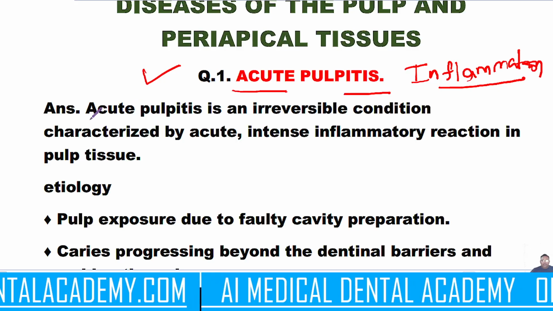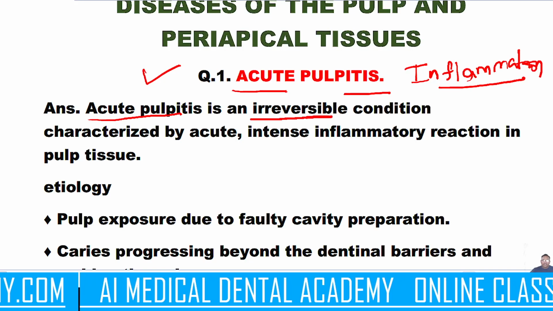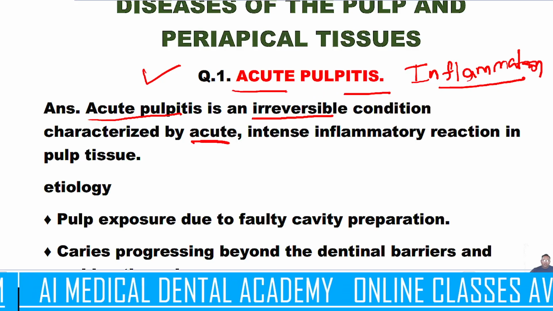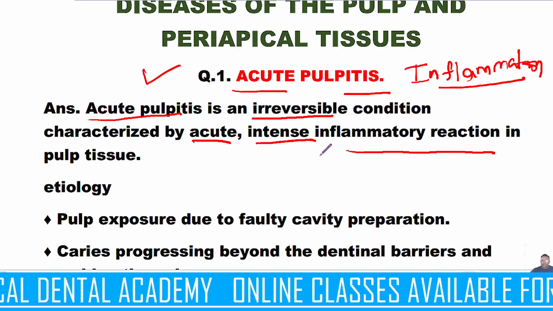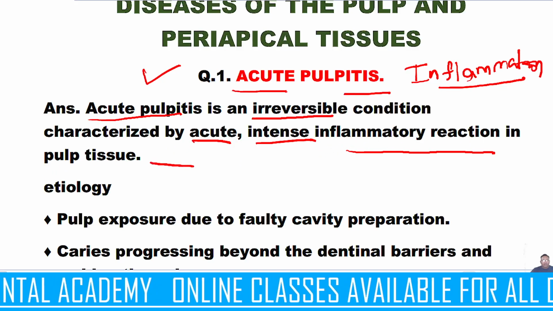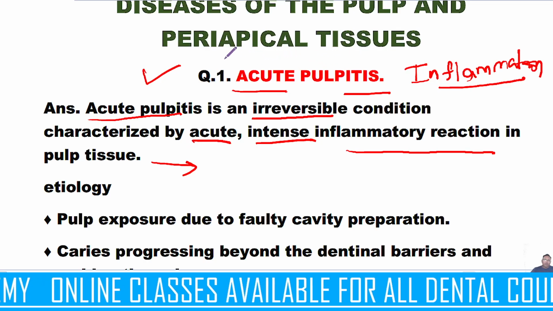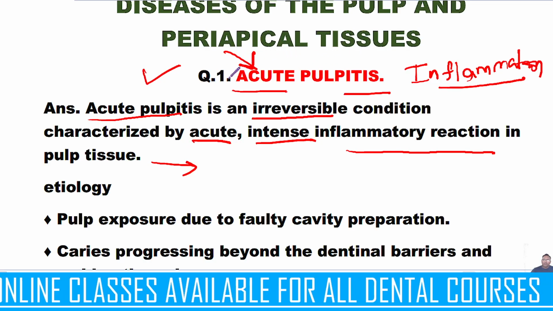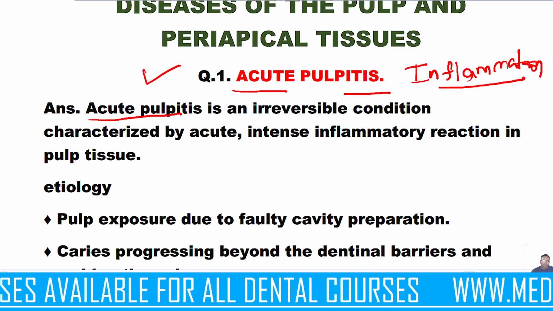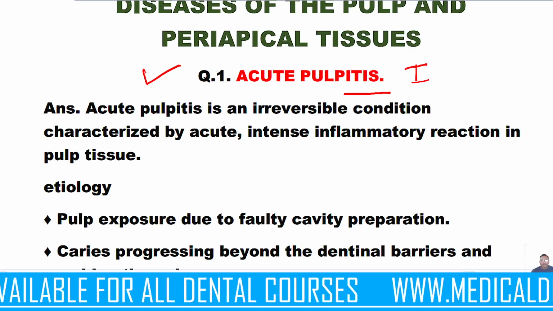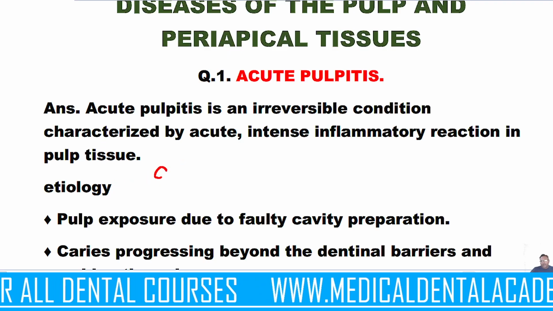So now they are giving it as a definition. First of all, it is an irreversible condition. All the symptoms are acute and intense, and the inflammatory reaction is very severe, and obviously, as the name suggests, it is inside the pulp. So in this way, we can go with the definition of acute pulpitis. It's an acute inflammatory reaction of pulp. Other definition you can write: